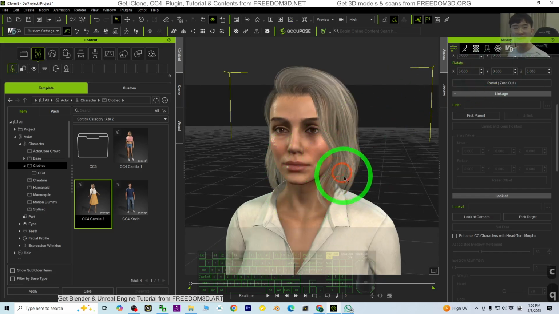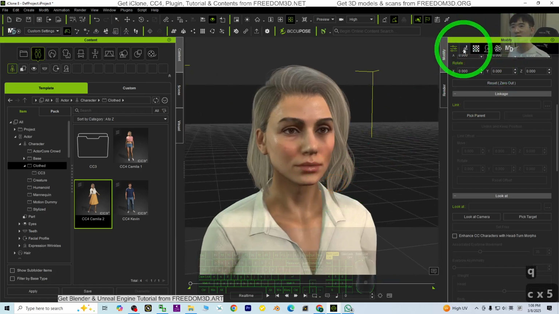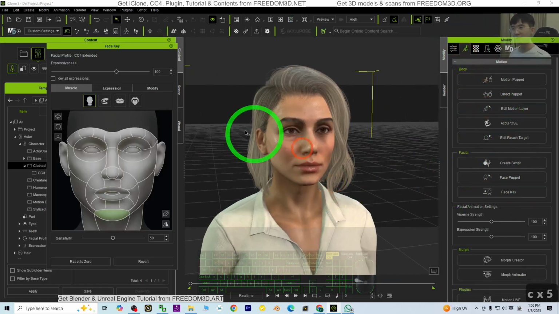Then, the first step to control the tongue, what you need to do is just make sure you already selected the 3D avatar. Go to the face key, and first step, you need to go to the muscle. Make sure this piece selected and let her open the mouth. Next step,